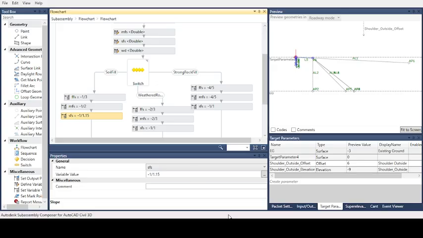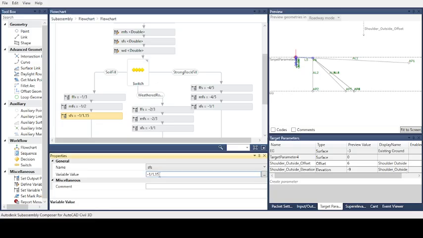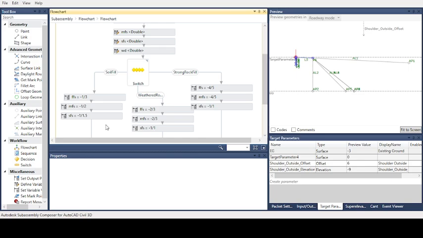The slope is 1.5 to 1, not 1.15. Therefore, we will edit this, and the corresponding value will also be edited to 1.5.